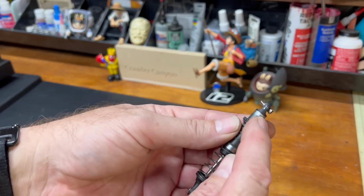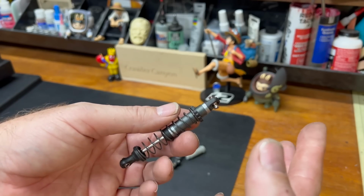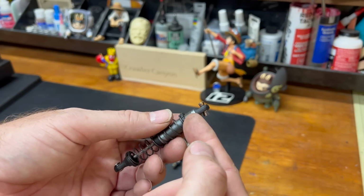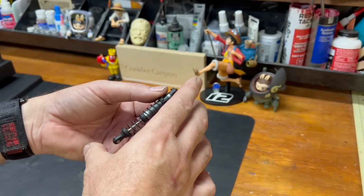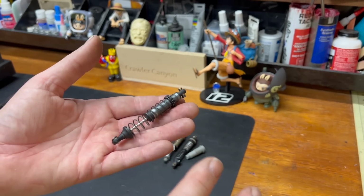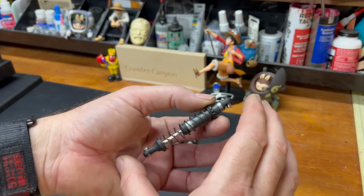Traxxas threads into the body and has no method of bleeding. It has no bleeder hole. It has a little slot inside the cap, which building one of these and filling one of these can verge on the infuriating for someone who has not done it before. But once they are built,